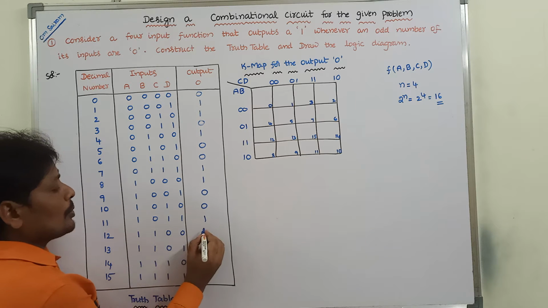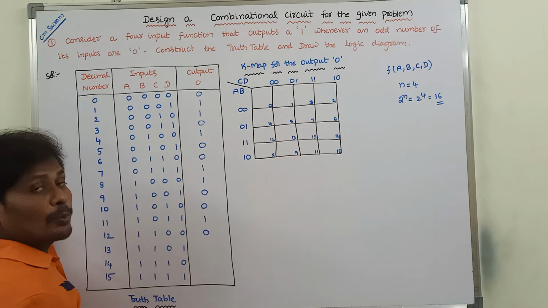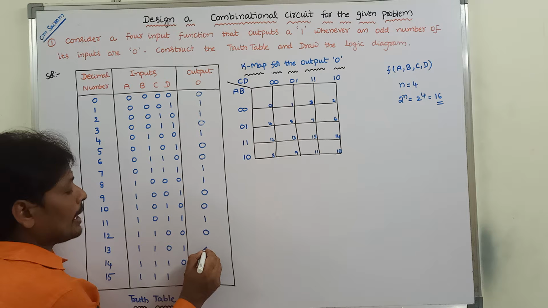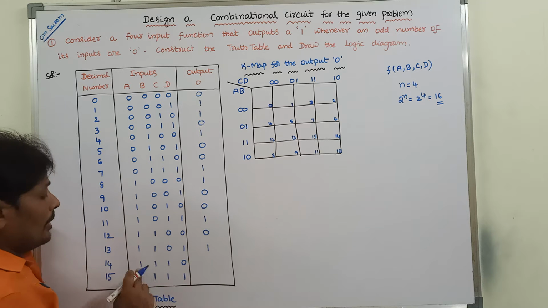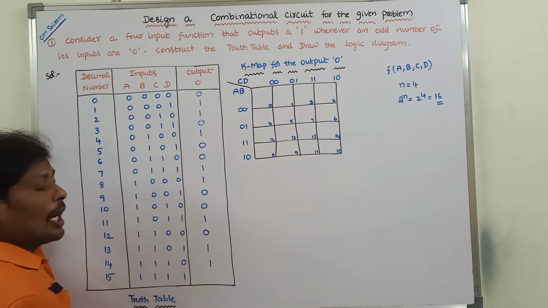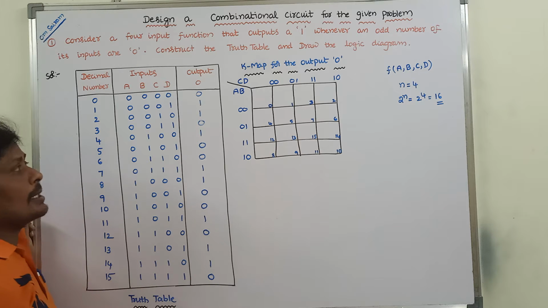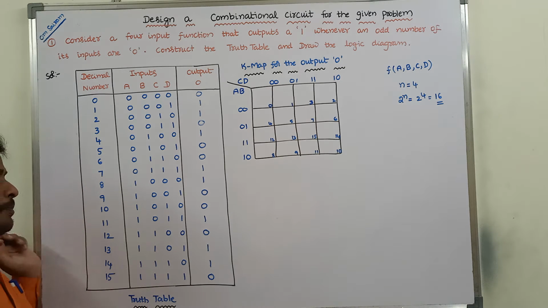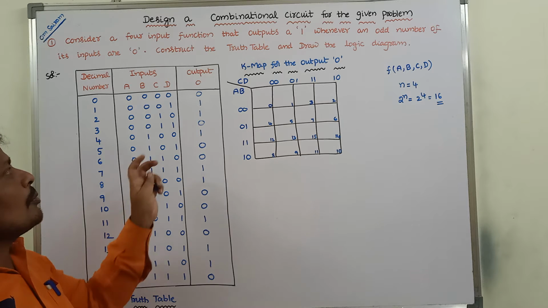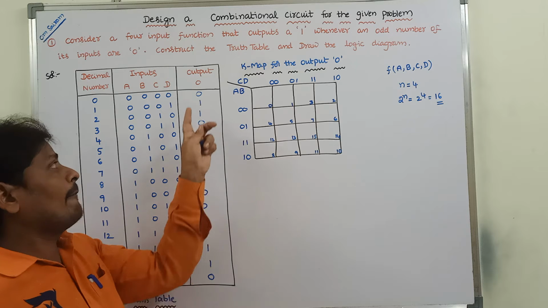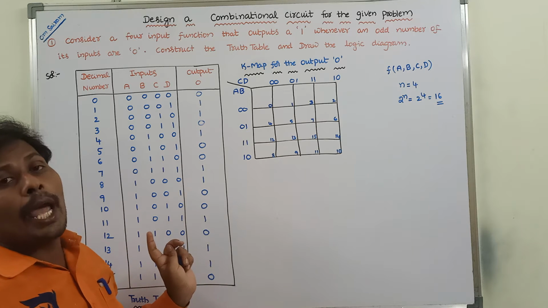Next, 2 zeros, 2 is an even number, so the output is 0. Here only 1 zero is there, so the output is 1. Here again only 1 zero is there, the output is 1. Here there are no zeros, so the output is 0. Once we have the output O values in the final column, we have to find